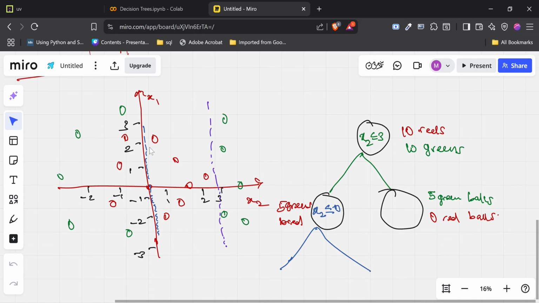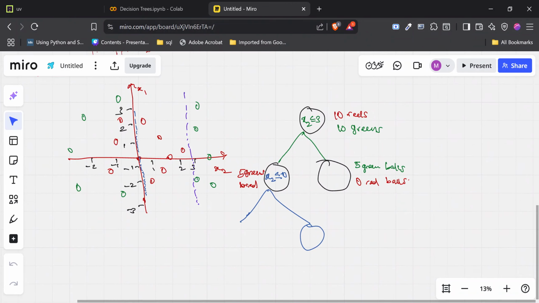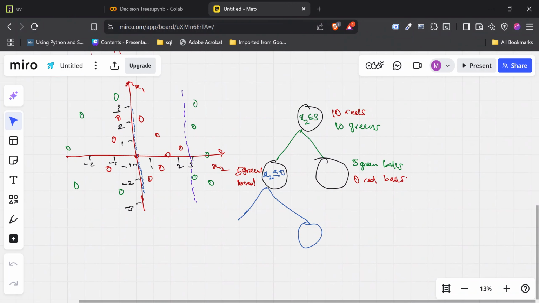So it means we have, let's capture the truth first. That is the things that are on the other side, which are the x2 greater than or equals to 0. So one, two, three, four, five, six. Six red balls. So we're going to say on this side, let me make that smaller so you can see. On this side, we're going to have six